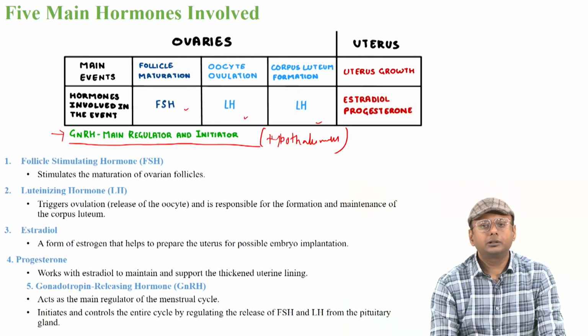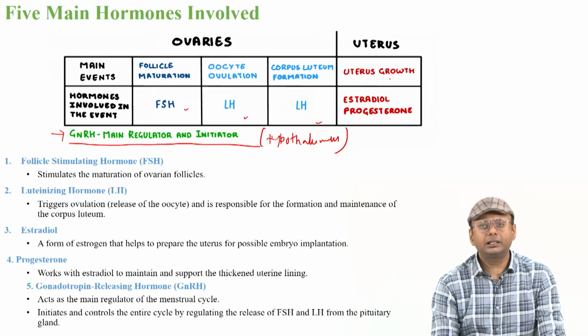Then progesterone. Progesterone is highly important because it works simultaneously with estrogen to form and develop the uterus and the endometrium. And lastly, we said that GnRH, or gonadotropin releasing hormone, is a precursor or stimulating hormone which gets secreted from the hypothalamus, and it stimulates and triggers the anterior side of the pituitary to secrete the FSH and the LH.